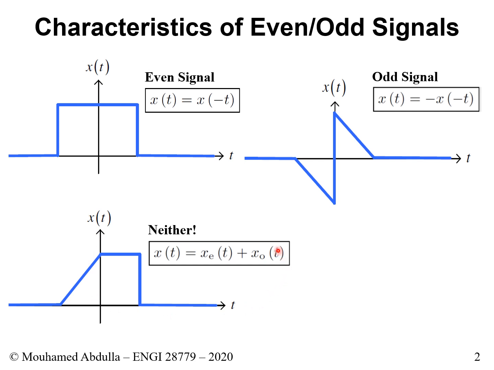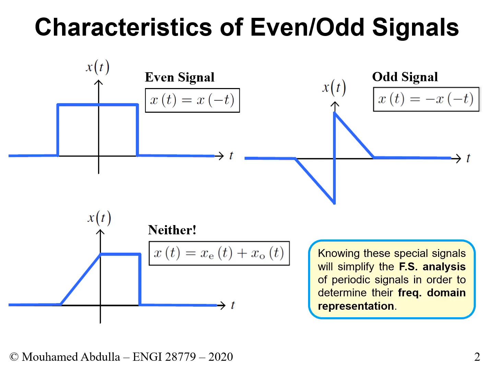So that's just one way of building a signal that is neither even nor odd. You could just build it in terms of these two. Now I think that's enough. If you're able to distinguish between an even and odd signal and signals that are neither, that's enough for us to proceed. In fact, this skill will be necessary so that when we analyze Fourier series in the next slides,